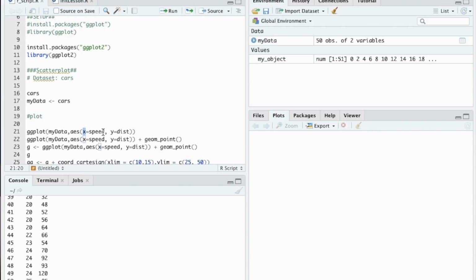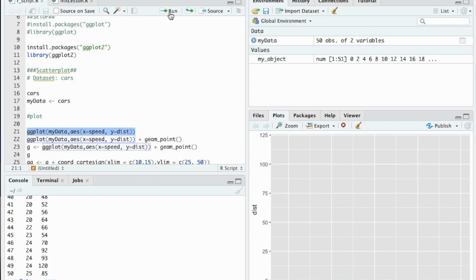You define speed and distance on the x-axis and the y-axis. So let me run this. Now you can see we have plotted the data on the x-axis and y-axis,